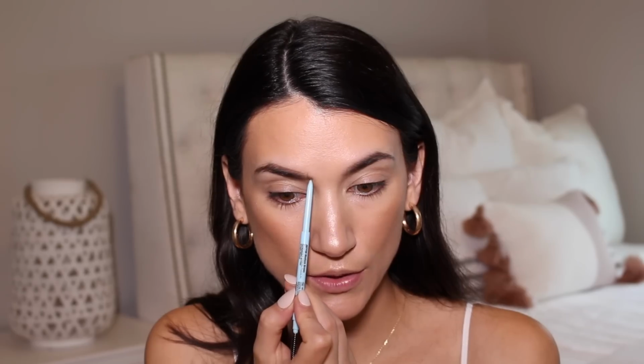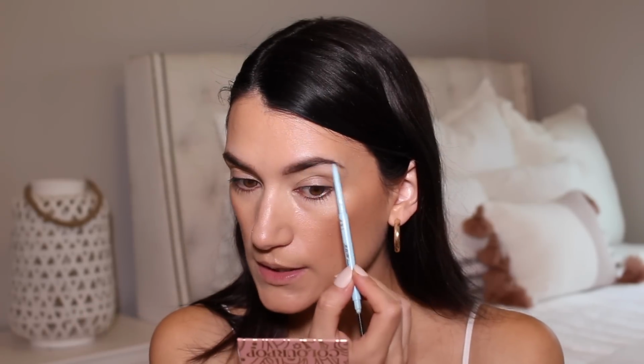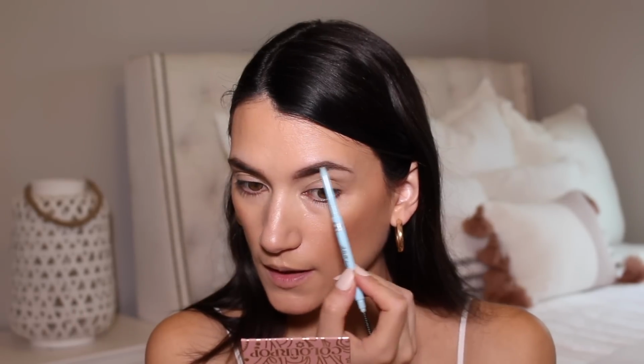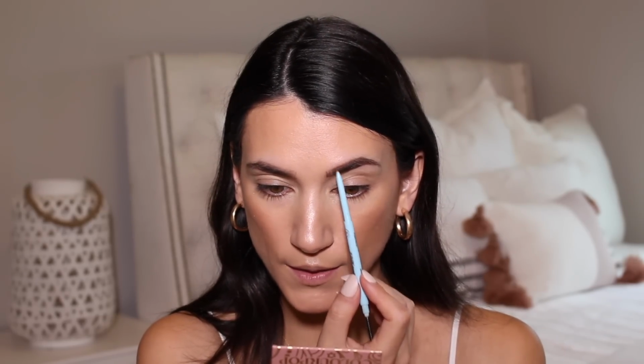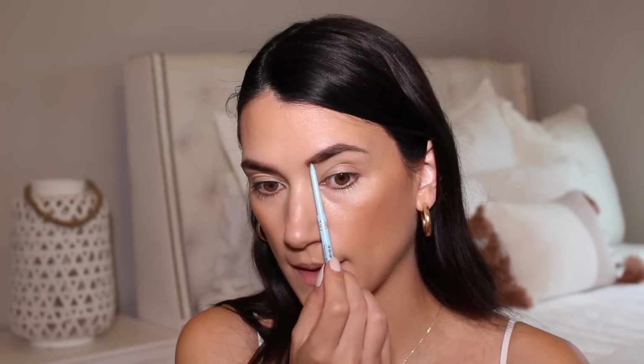This is so good. I got mine in the shade medium brown, and it has this super micro pencil and a really good spoolie to blend. So another win by Joah Beauty. In my video where I tested that palette and those glosses, I had a lot of you recommend the primer. So I feel like that needs to be my next